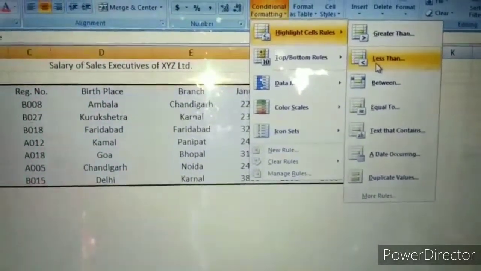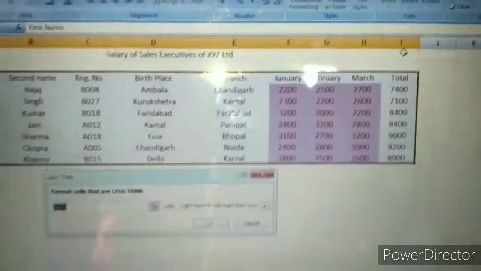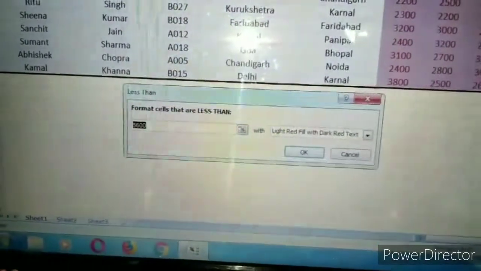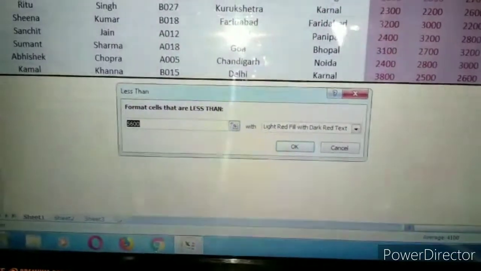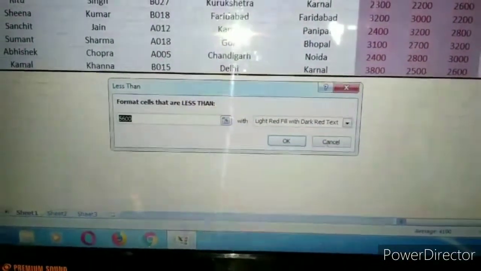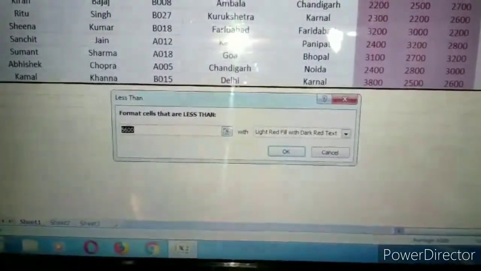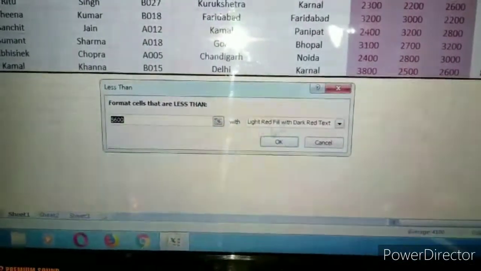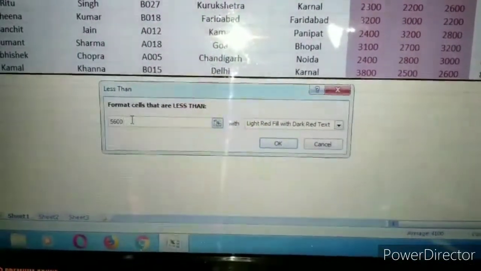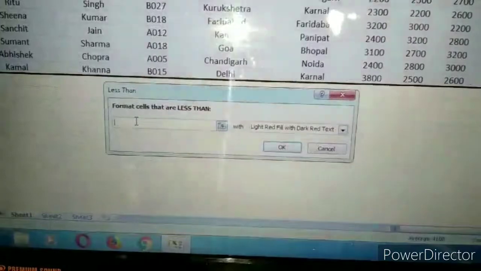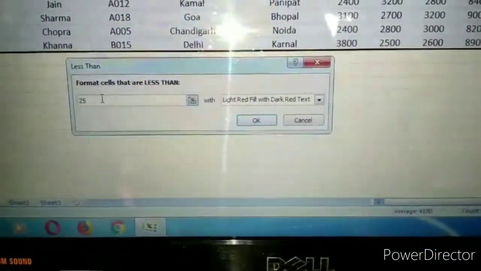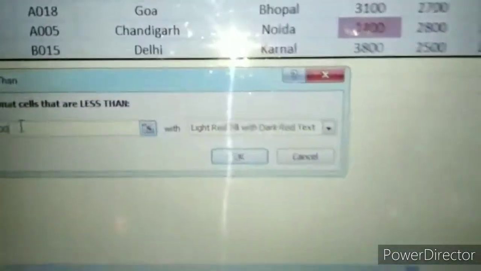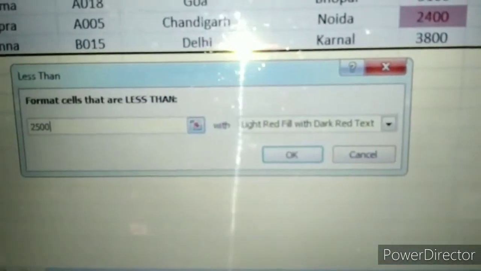Okay, less than, and a dialog box will appear. Here we enter the desired value into the blank field. You see here it automatically gives 5600, but we want 2500. Okay, you see in this dialog box,